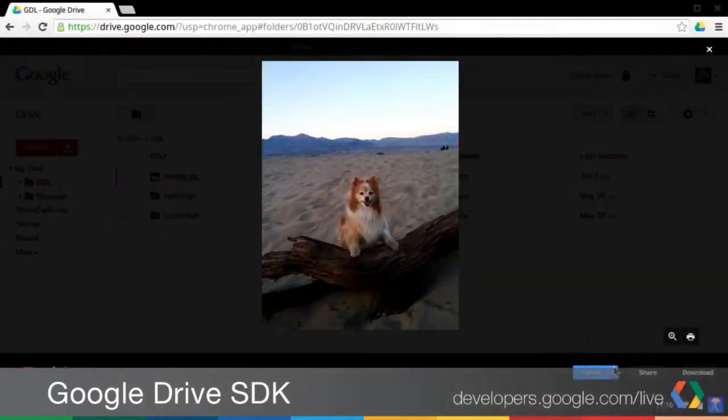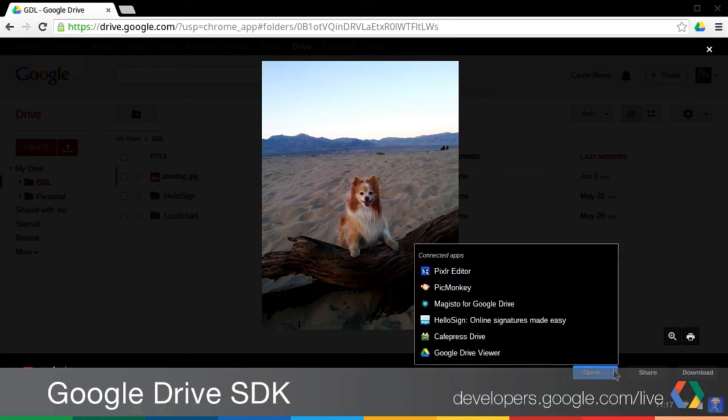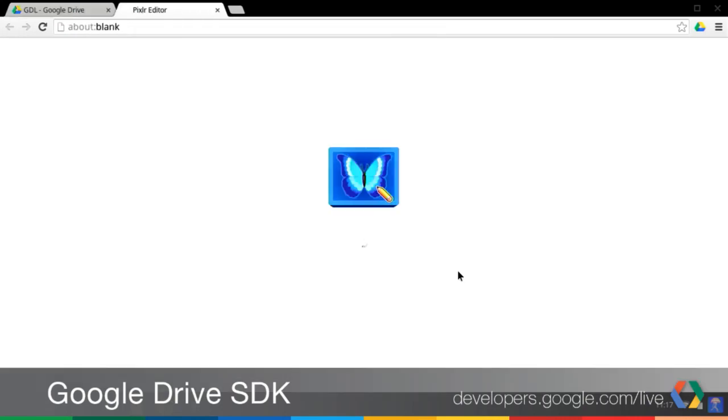Hi everybody, I'm Carrie. Today we are demoing Pixlr Editor, which is a really great photo web app to edit all of your photos that you have stored in Drive. So I've already gone to the App Store and installed this, and so if I'm browsing through my photos, I've come across one of my favorite dog, Zoe, and if I want to edit it, I can open it directly with the Pixlr Editor. So you can see that they've integrated with one of our access points here. So I will select Pixlr Editor, and so as this is loading,